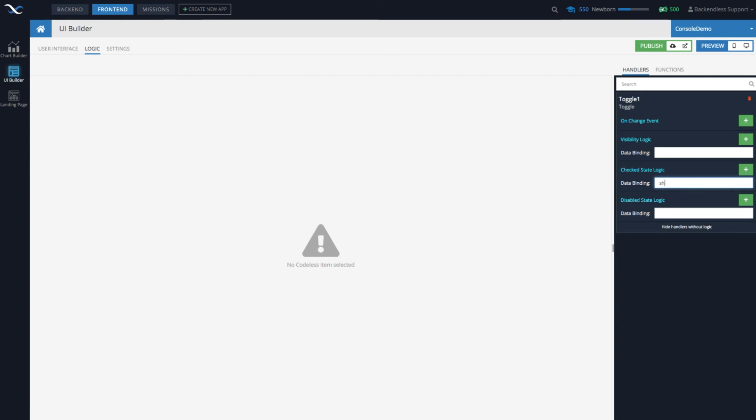So for instance, the property will be show image. Simply by entering this property name right here, a lot of magic will happen. Specifically, when the toggle is clicked, the property show image in the data model will be updated with the value of the toggle's checked state. So if the toggle is checked, then the show image property will be set to true. And when the toggle is unchecked, then the show image property will be set to false. Likewise, if some other component somewhere else modifies the show image property in the data model, it will impact the state of the toggle. So you can control it from other places in your application.